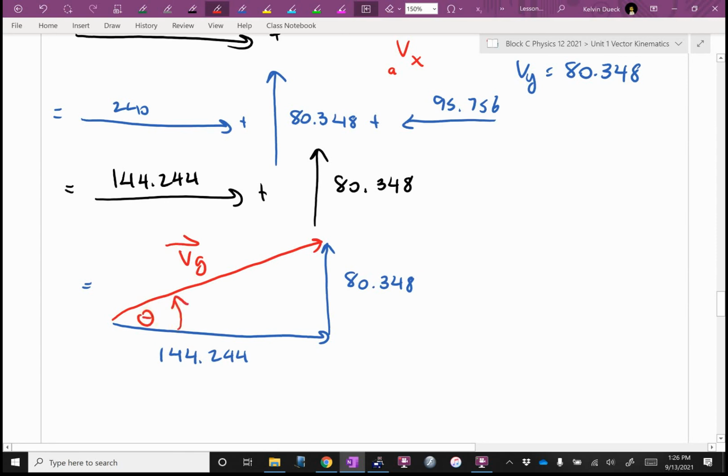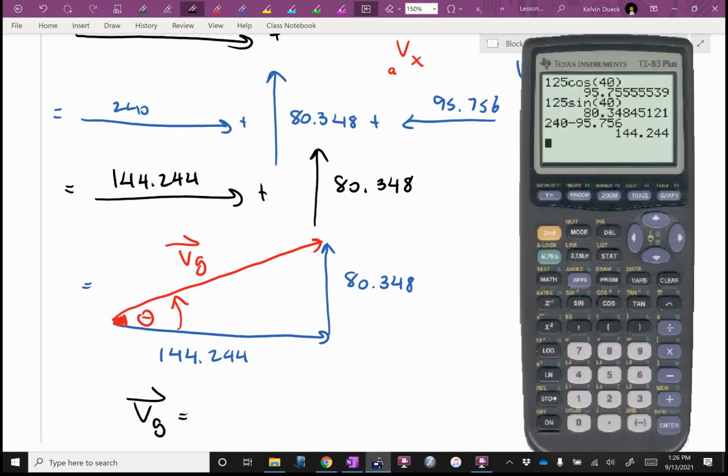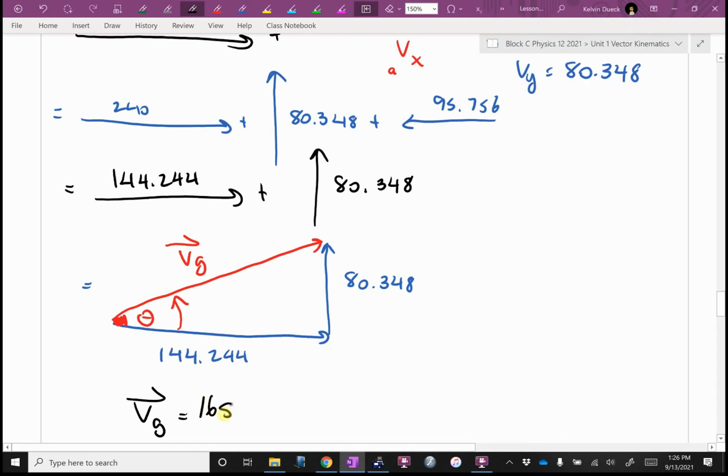There's theta. Color, color, color, color, color. Pythagoras. And I get 165 meters per second at